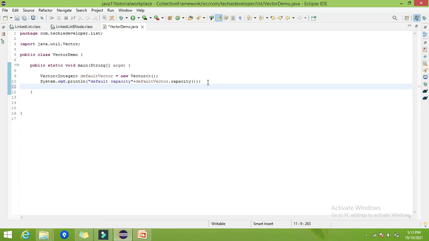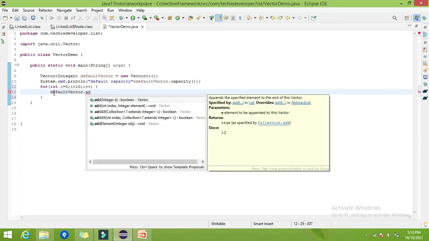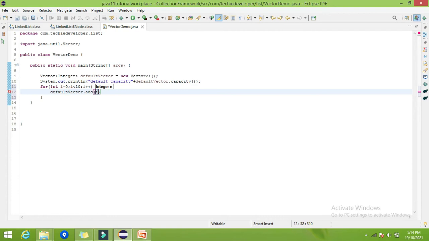So let's create a loop directly, for int i is equal to 0, i less than 10, i plus plus, and let's add the 10 elements: default vector dot add, and let's give the parameter as i, because it will add i, from 0 to 9.